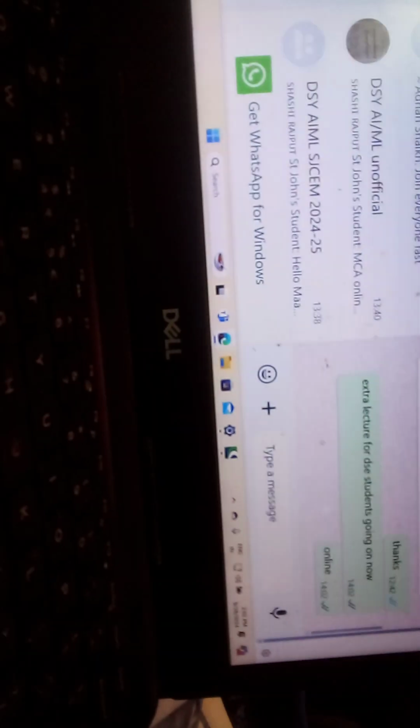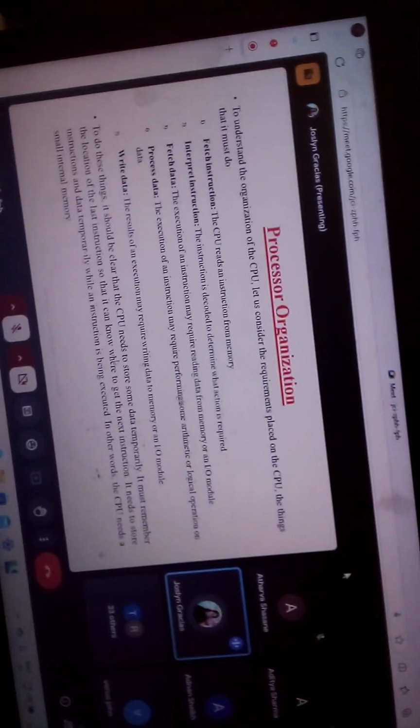So for any CPU, the organization depends upon how my CPU will understand what it has to do. Okay, so for the processor to understand what it has to do is basically what steps it does to do an operation. कोई भी अगर instruction उसको दिया गया, so what it does to complete that particular instruction will depend upon the processor organization.